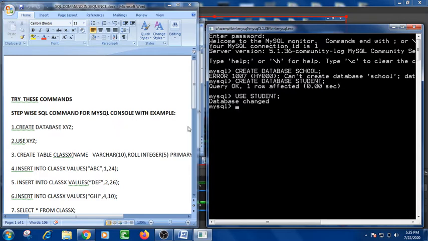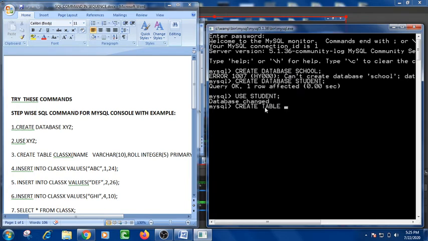Now the second step after the database is to create table. You can see the create command is used 2 times. First is to create the database, second is to create the table. So the first time I wrote create database, and the second time I will write create table.